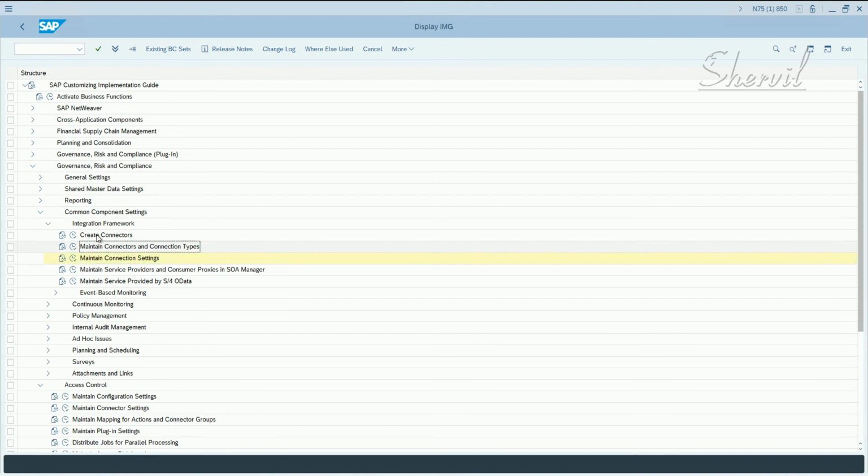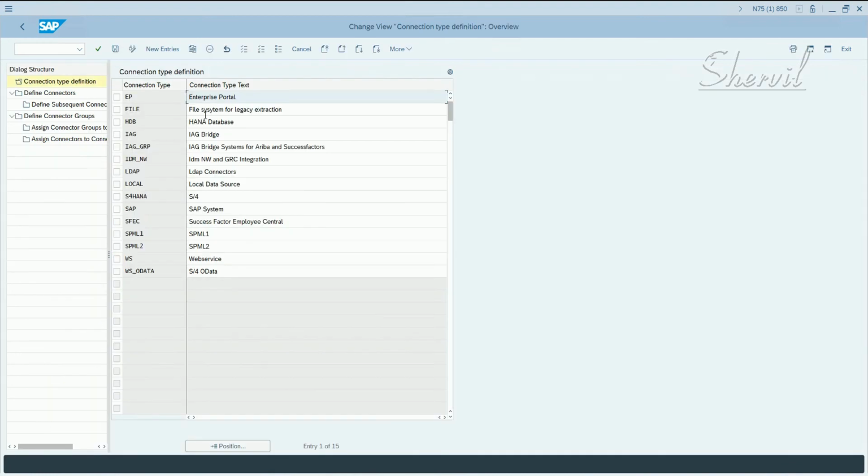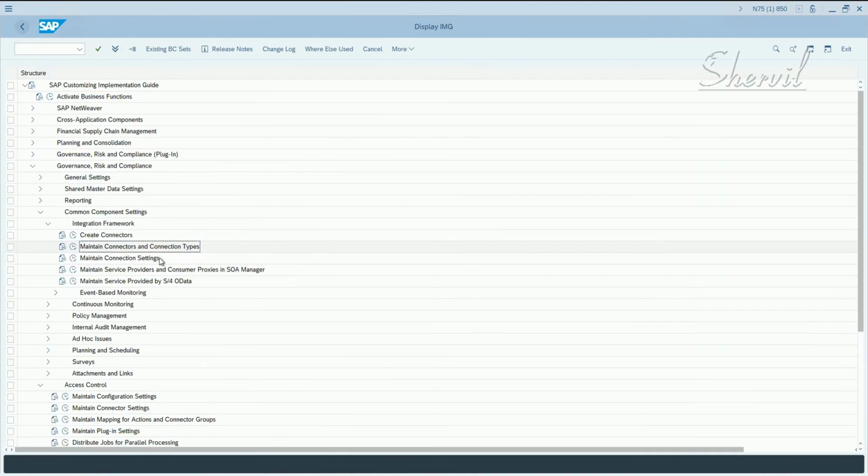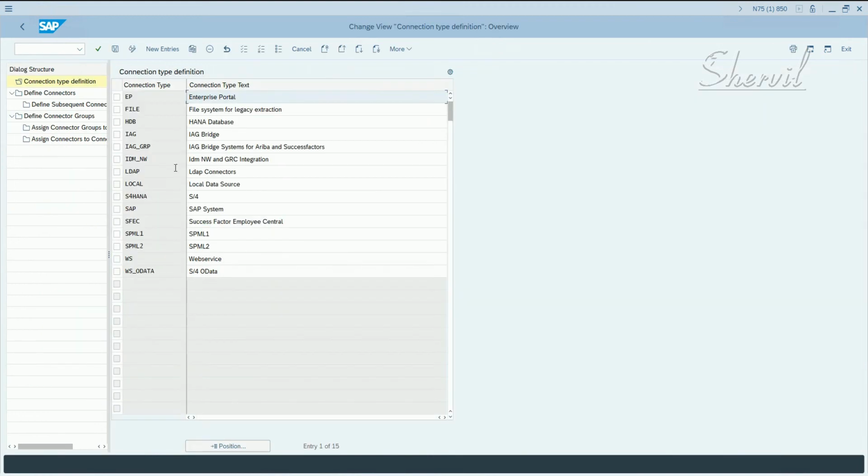Even before you do that, you need to maintain the connectors and the connection types. So if you click on connection type definition, which is maintain connectors and connection types, again, if it is not already done for a particular connector, you need to do the steps. If it's already done, that's fine.